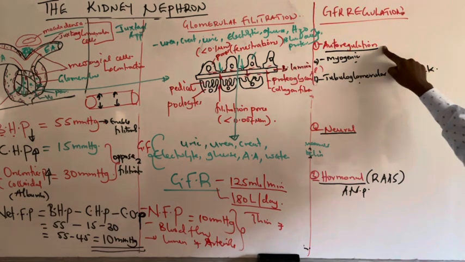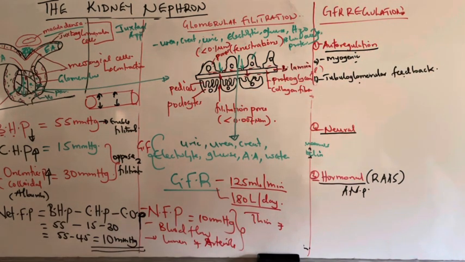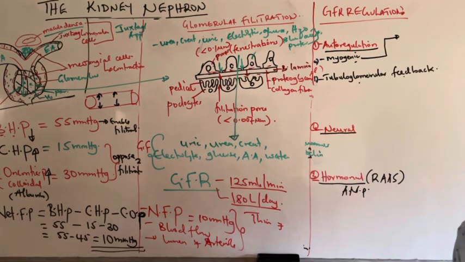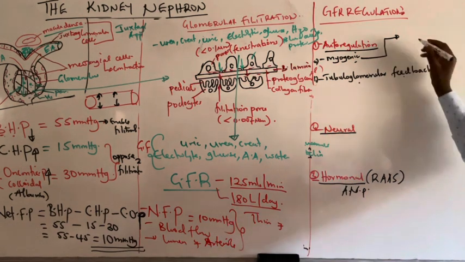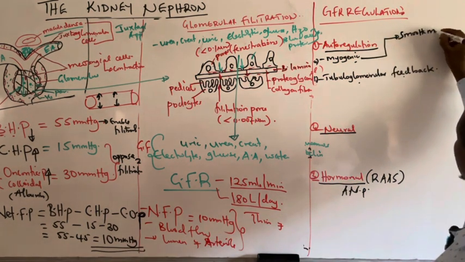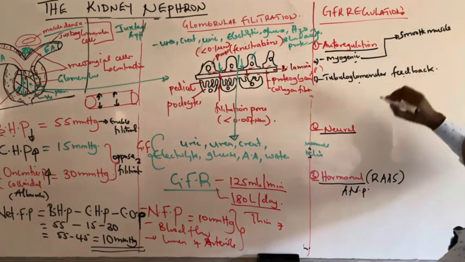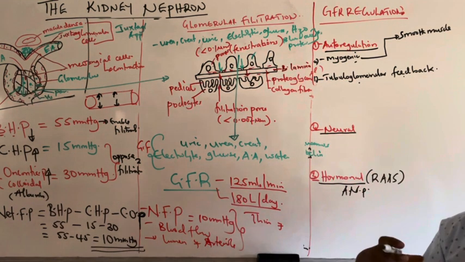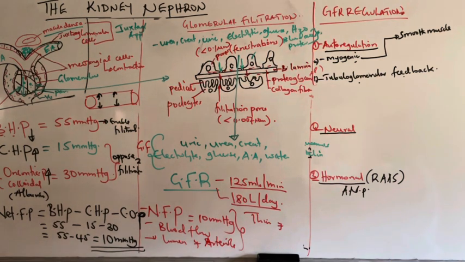So autoregulation. Auto means the kidney intrinsically can regulate the rate at which fluids are filtered within the glomerulus. And how? It is by myogenic, whereby myo means muscles. So we see the presence of smooth muscles in the vessels of the arteriole, that these muscles intrinsically contract. And when they contract,